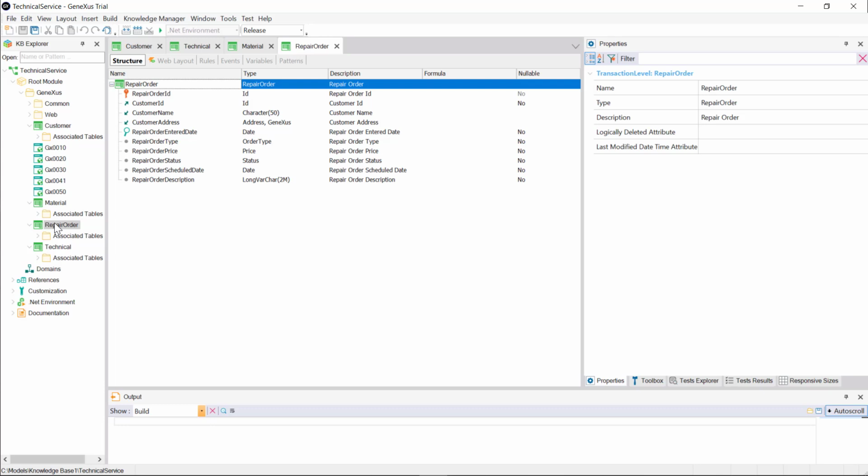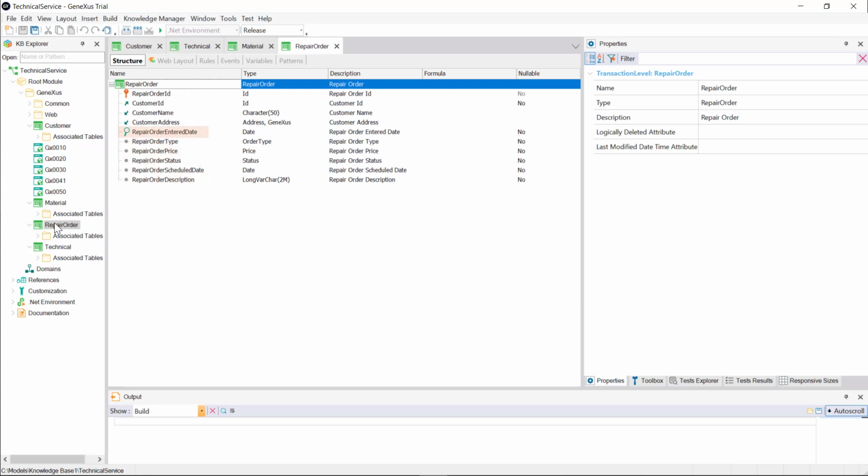In it, we have as a primary key the repair order ID attribute, which has an auto-numbered data type assigned to it. Each order will have an associated client, so in this transaction, we've inferred attributes from the customer table. Lastly, we have these other attributes of the transaction.